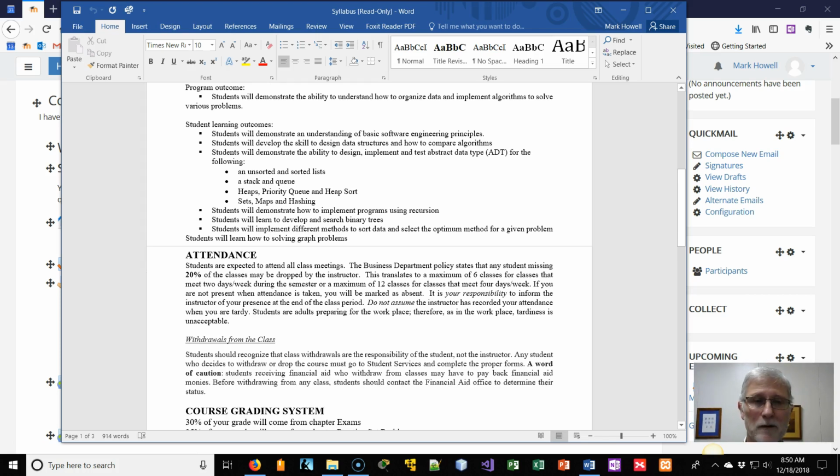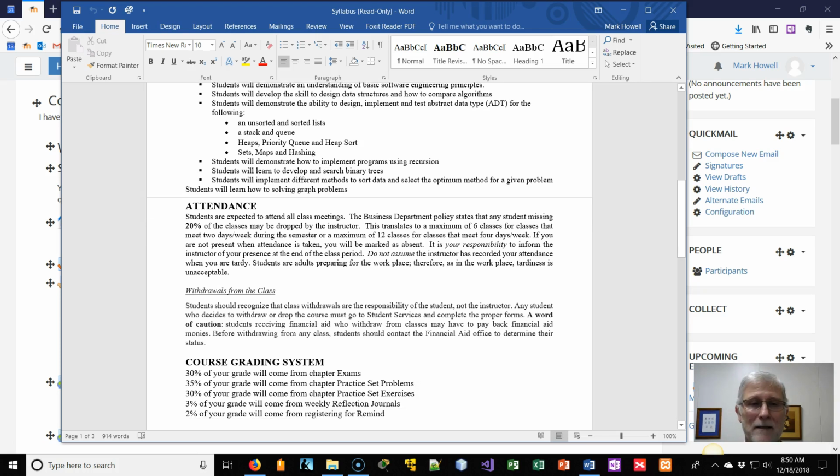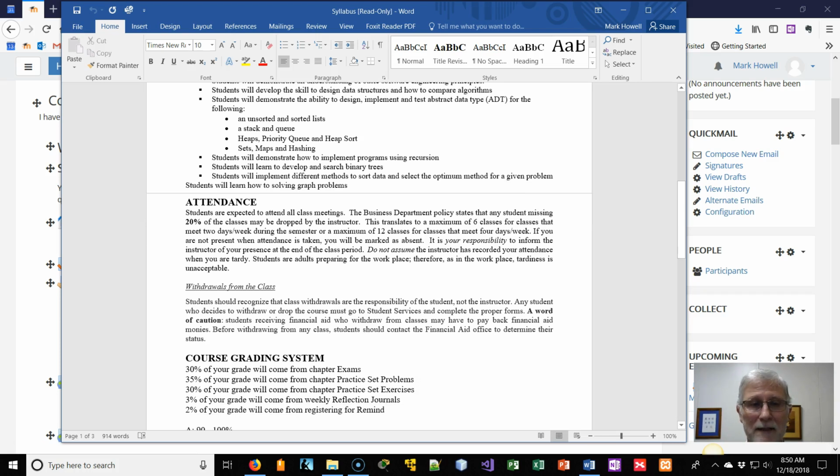Double check the school calendar for the last day to withdraw from classes. How the class is going to be graded: 30% of your grade is going to be determined based on chapter exams. 35% of it is going to be, at the end of each chapter, what they call practice